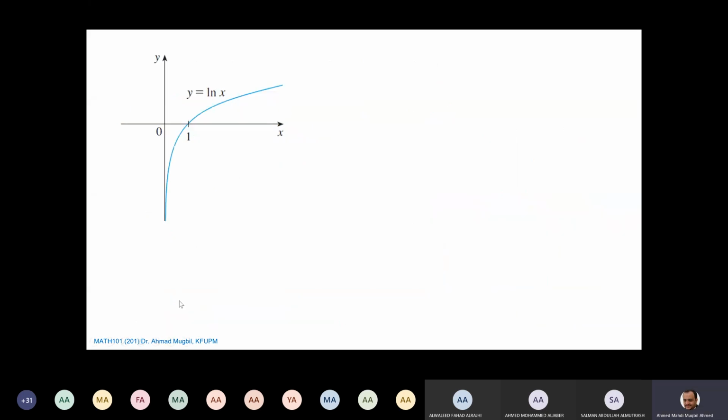Also, ln x, look at the natural logarithmic function. It has a vertical asymptote at what? At 0. When x approaches 0 from the right, it goes to negative infinity. We don't know anything about it from the left, so the graph does not exist there. So we say that the limit of ln x when x approaches 0 from the right,